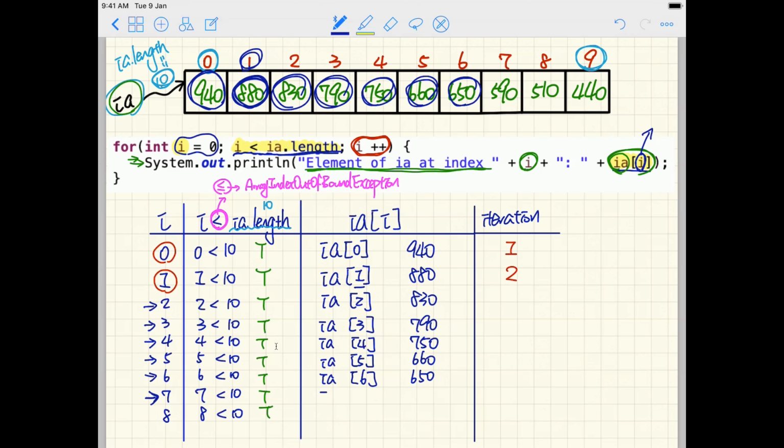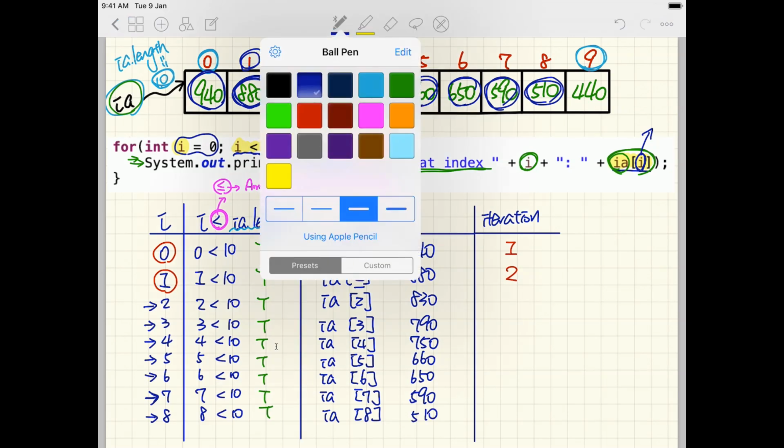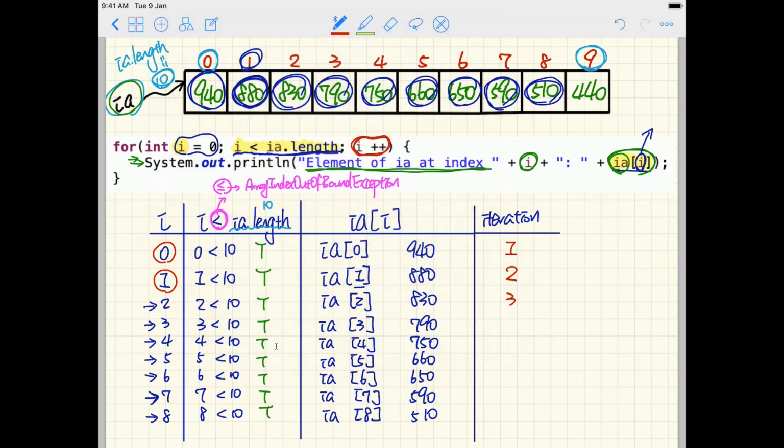So now here we got IA at position 7, which is going to be 590. And over here we got the IA at position 8, and then it's going to be 510. Since we are not done yet, right? So now how many iterations have we got so far? So that's 3, that is 4, that is 5, that is 6, that is 7, that is 8, that is